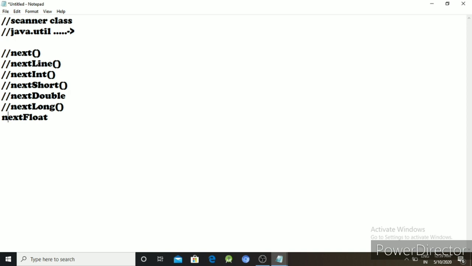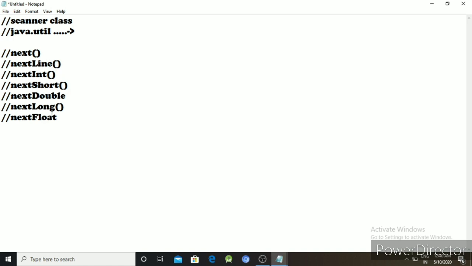These are the various methods used to read the data. So some methods of the Scanner class are next line, next int, next short, next double, next long and next float.